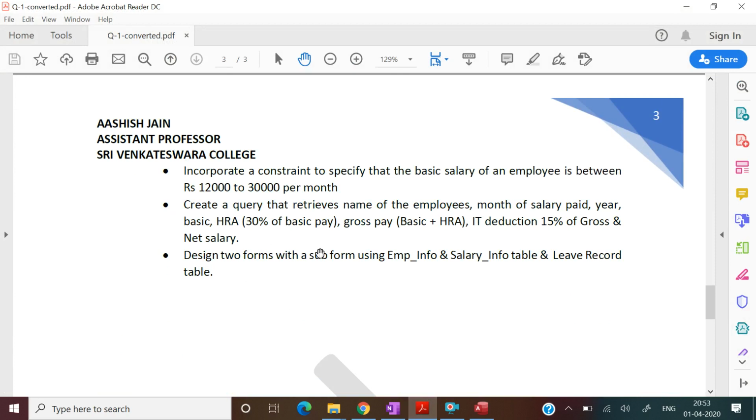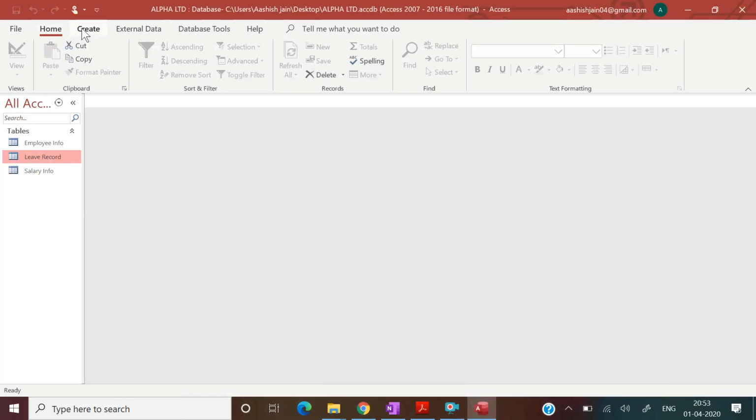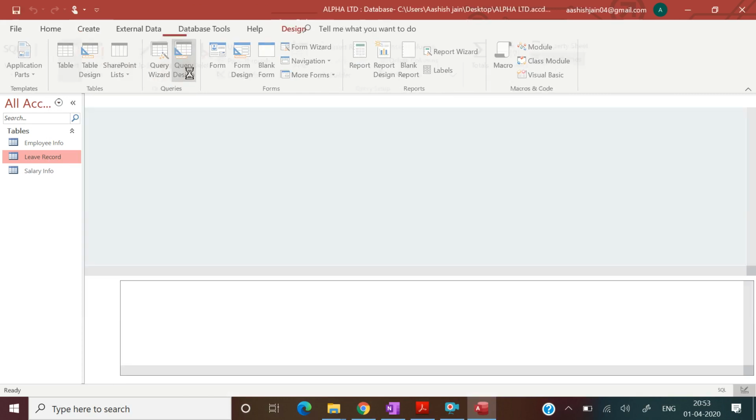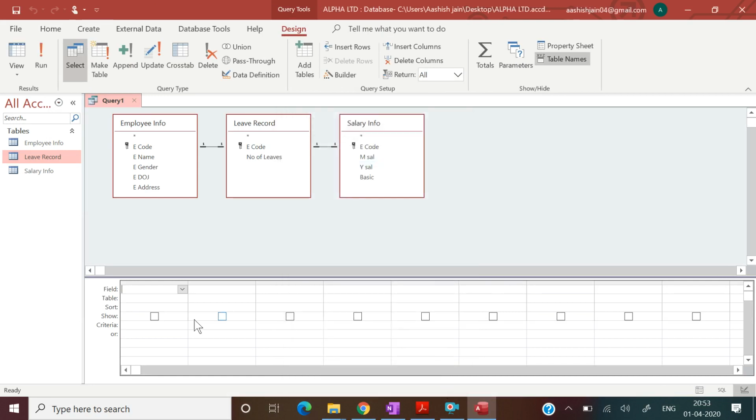Now this is a query where we need name of the employees, month, year, basic. Okay, so let's do this. Go to create, select query design, add all these tables. Now first we need employee name, which we will get in employee information table, name.